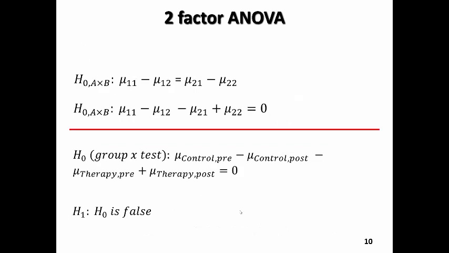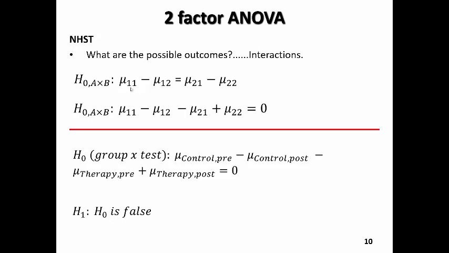Now we have one more null hypothesis to go through, and that's the null hypothesis statement for the interactions. When we examine the interactions, we're examining how the levels of one factor interact across the levels of the other factor. And so we state this as the null hypothesis of A cross B, or A interaction B. So now what we're doing is we're combining all the levels of both factors into one null hypothesis statement. And so once again, referring back to our